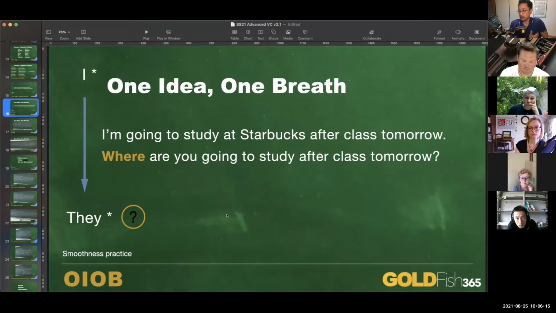Basically, the idea is this, and you can probably figure it out. 1 idea, 1 breath. I don't say 1 sentence, 1 breath. I don't need to start bringing in a lot of grammar because sometimes an idea, which is a dependent clause, can go for 12 words and then go to a comma. And that's still not a sentence, right? So I go 1 idea, 1 breath, or OIOB. Whatever you say, say it all in 1 breath.